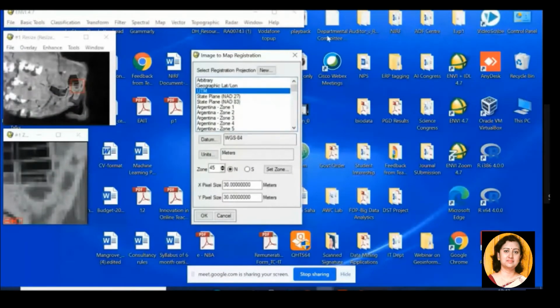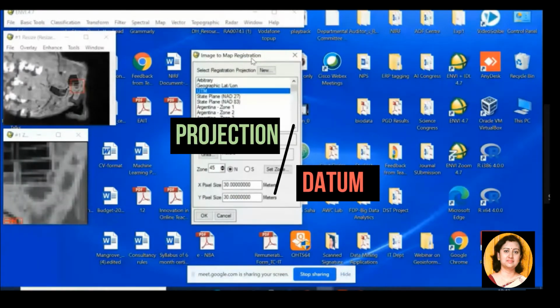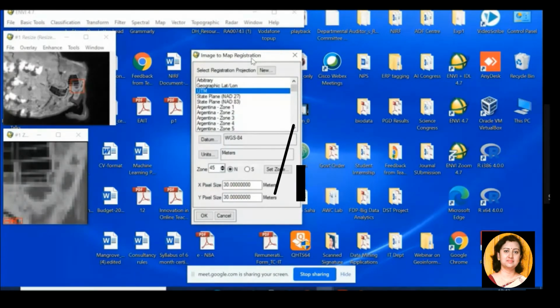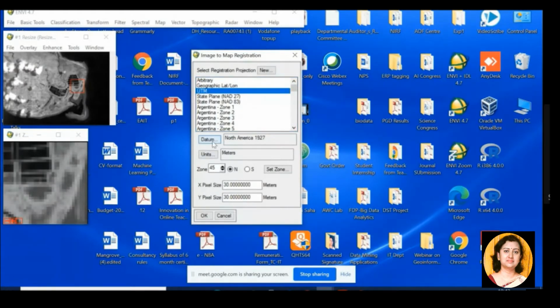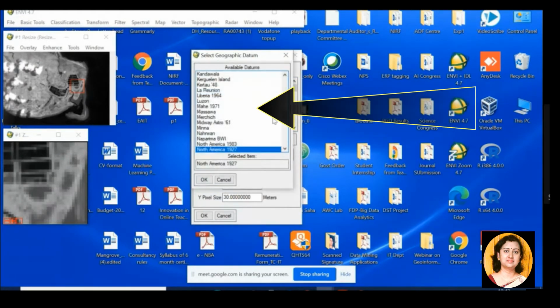see, I have selected image to map registration. Now, as I had told you, you have to specify the projection, you have to specify the datum, you have to set the zone of the study area. The projection is UTM for the Sundarbans area. The datum, you can find out the datum of the study area. It is WGS 84 for Sundarban.